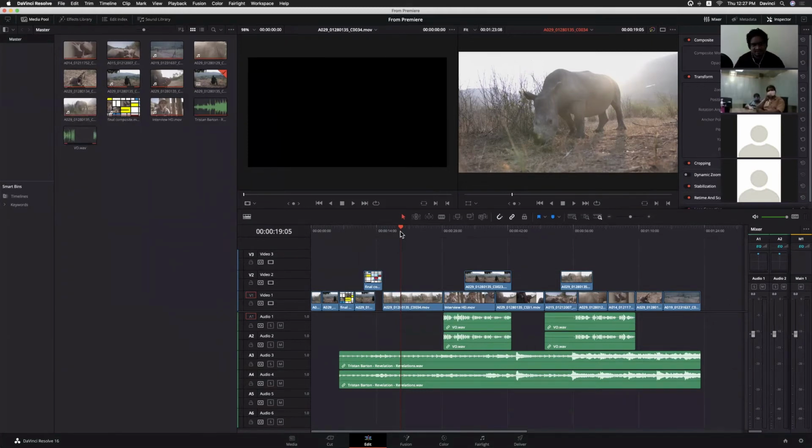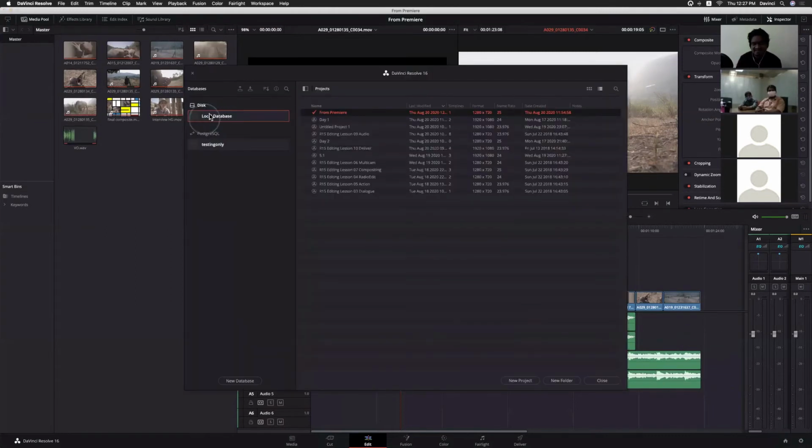For FCP it will show .fcp, whereas for DaVinci it will show you .drp. But in FCP7 or Premiere we can see project files, right? Wherever we save, we can see the project file based on the destination. But here everything will happen inside the database,